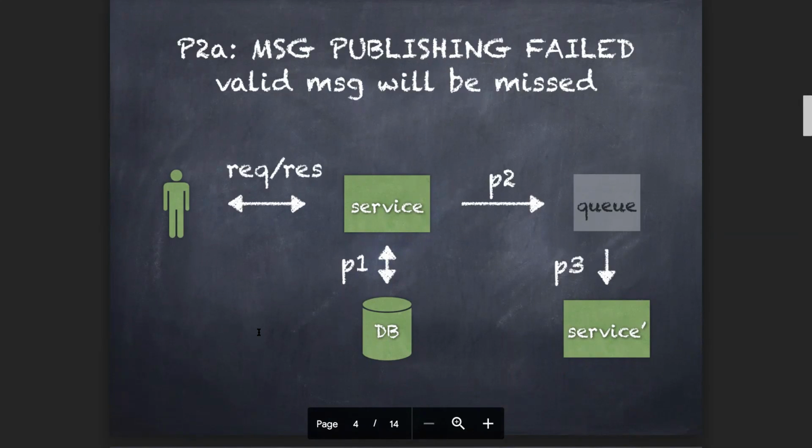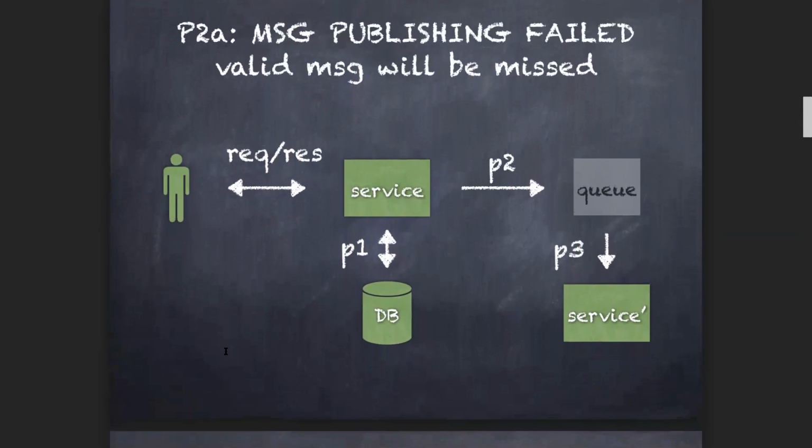For example, if you buy something, pay something, and the delivery service can't receive the message, that would be a big problem for the system. So we also face this problem a lot. It's a very big problem.